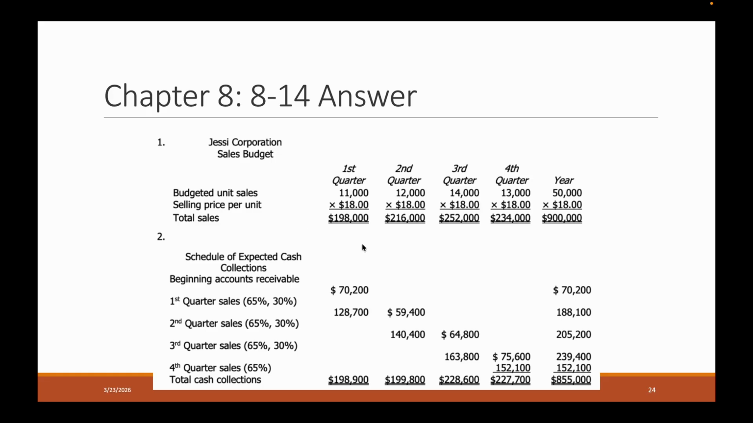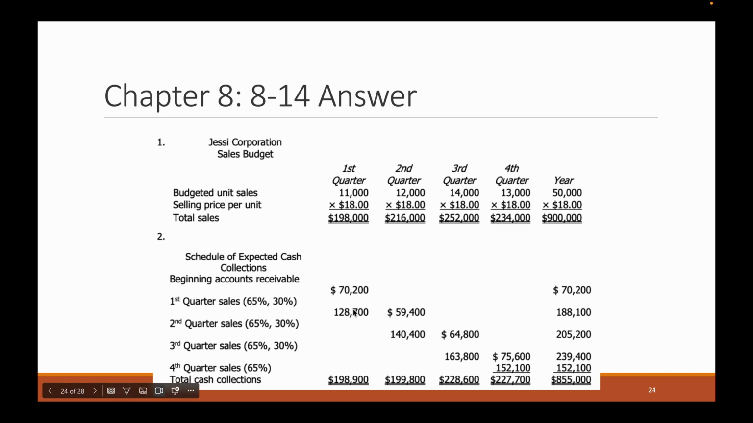Now, number 2, we're using that total sales we just calculated, and we're going to calculate how much we're actually collecting in that quarter. So as we know in the problem, it told us that we were beginning the year with $70,200 in cash that we're going to collect in the first quarter. So we're going to start out with the 70,200. And with our sales, we know that we collect 65% in the quarter. So 65% of 198,000 sales, we're going to collect that 128,700 for that quarter. So that brings our total that we're going to collect in just the first quarter to be